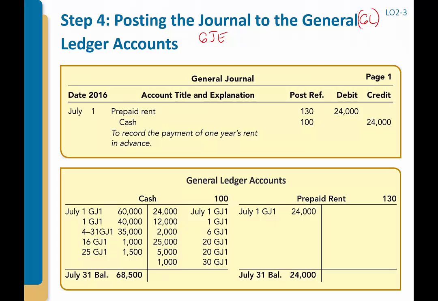So in this case, we are looking at our general journal, and our general journal are our journal entries. And we're seeing all the ones that we recorded in July, for example, our prepaid rent and our cash. And here you see the post reference is the general ledger account numbers. Now remember, any account on your chart of accounts is an account that you can hit, meaning you can post to it. So in this case, we're seeing that we prepaid rent,